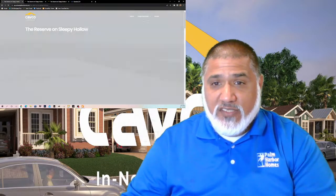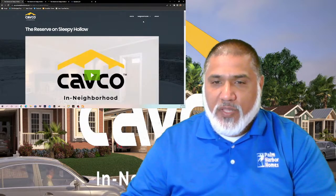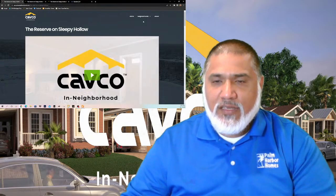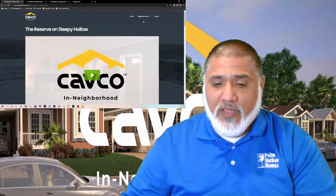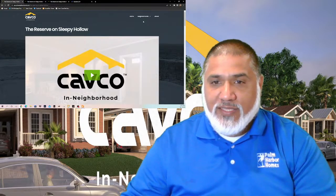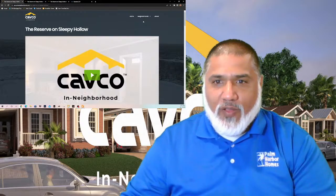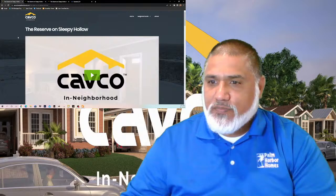Coming soon will be Desert Skies out of Oklahoma City. And then several other places such as Katy, Texas, Rockport, Texas, San Antonio, San Marcos, Denton, Texas are coming within the next year. So there's plenty of new communities. The nice thing is that the Reserve on Sleepy Hollow is the one that's going to kick it all off. So everyone's going to get to copy you as far as how everything goes. So once you're here at the Reserve on Sleepy Hollow,